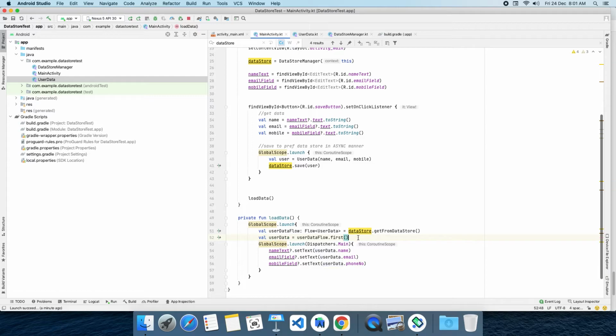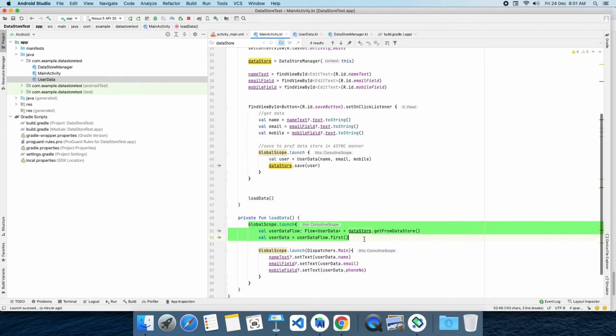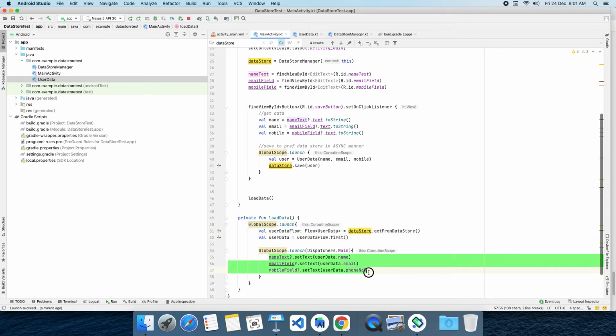Now we are going to populate our data on the main thread, right? This is happening on the separate thread, so if you want to touch our UI elements or modify something, we should switch back to the main thread. Okay, that's how we switch, using global scope dot launch and dispatcher dot main. It means all of the operations we are doing inside are relevant to the UI. So we are switching from the background thread to the UI thread. This is our background thread, it will launch on the background thread. Now it is switching from the background thread to the UI thread and performing all our UI operations.